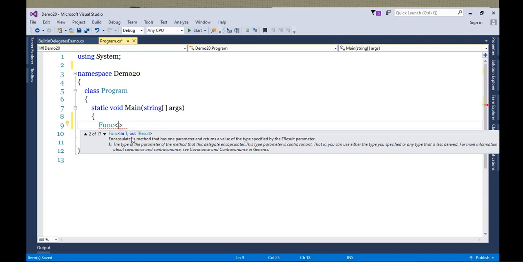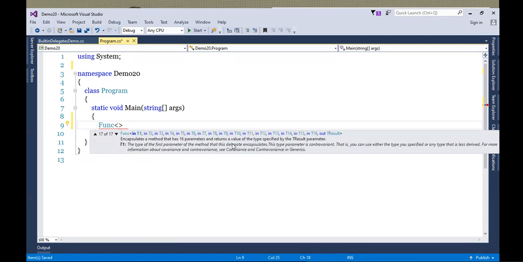So I need to specify the type of input, and I need to specify the type of output. And this will go on, with inputs increasing. If my method is taking 2 arguments, then I will use this overload. If it is taking 3 arguments, then I will use this, and so on. So up to 16 arguments I can pass.